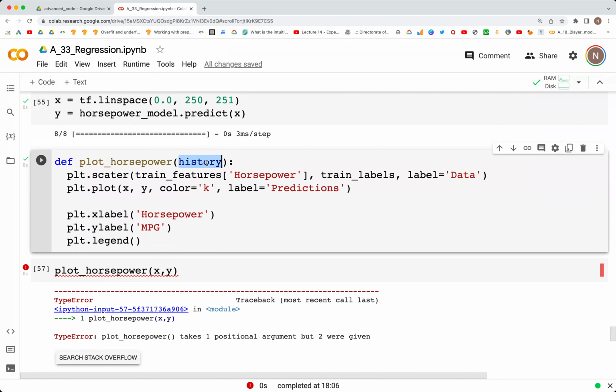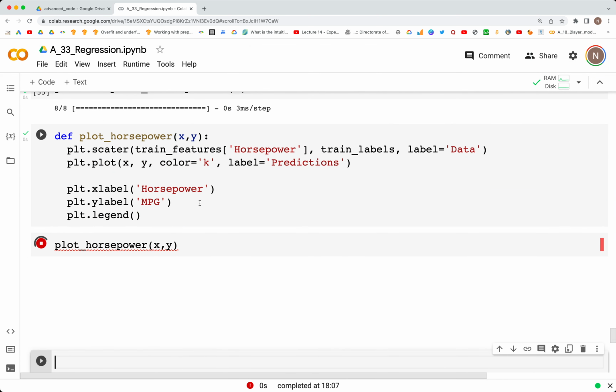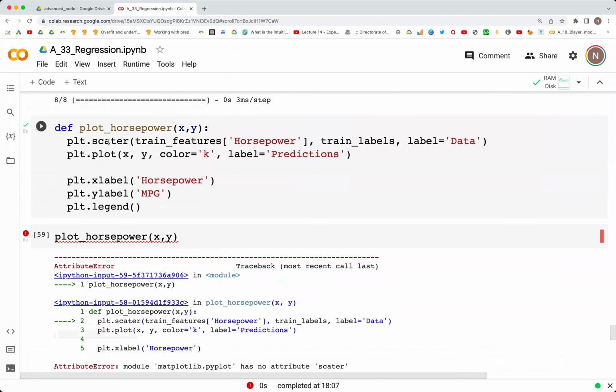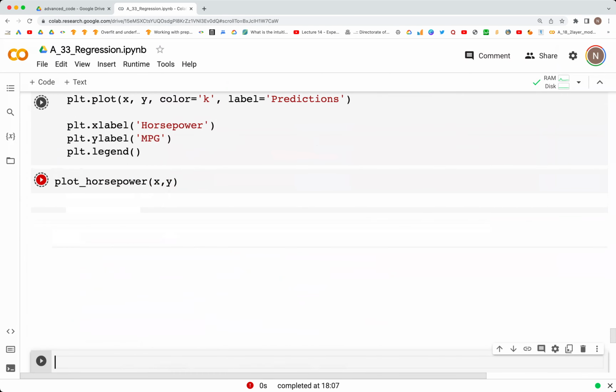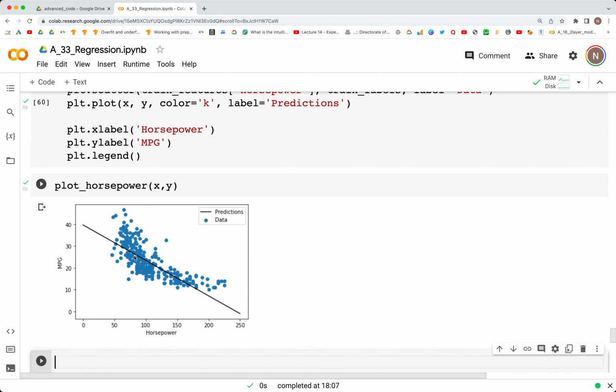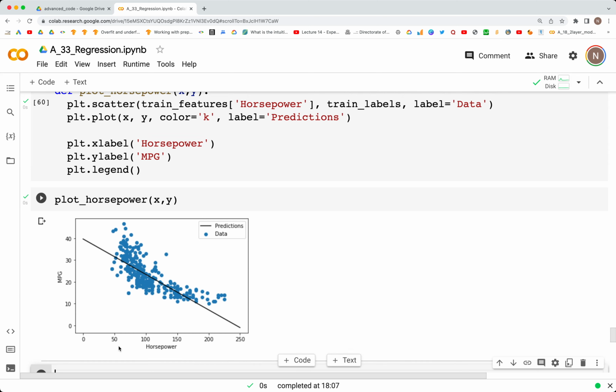Oh right, forgot to change this, x comma y, and now we should see, okay, scatter, again a typo, a double T. And now what we see is a nice plot where we have the horsepower on the x-axis, miles per gallon on the y-axis. As the horsepower continues to increase, the miles per gallon does go down, and the prediction also